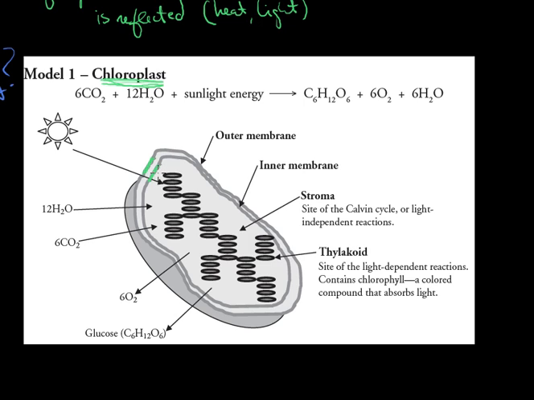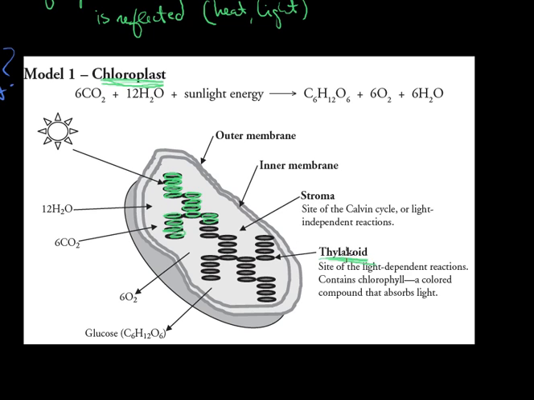Actually, that's not the part that's green, so let me take that out. What's actually green are these discs right here. If I were drawing these, hint hint, I'd draw these discs in green, and just the outside of the disc is what's really green. So those discs are called thylakoids,